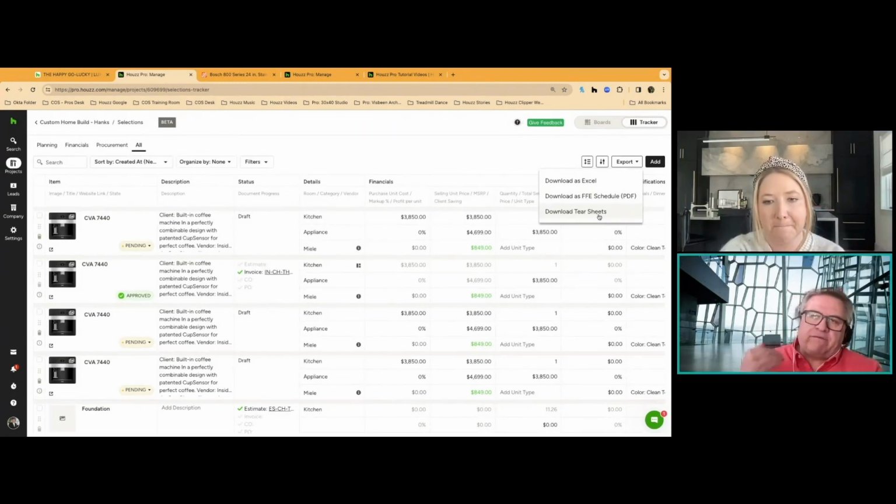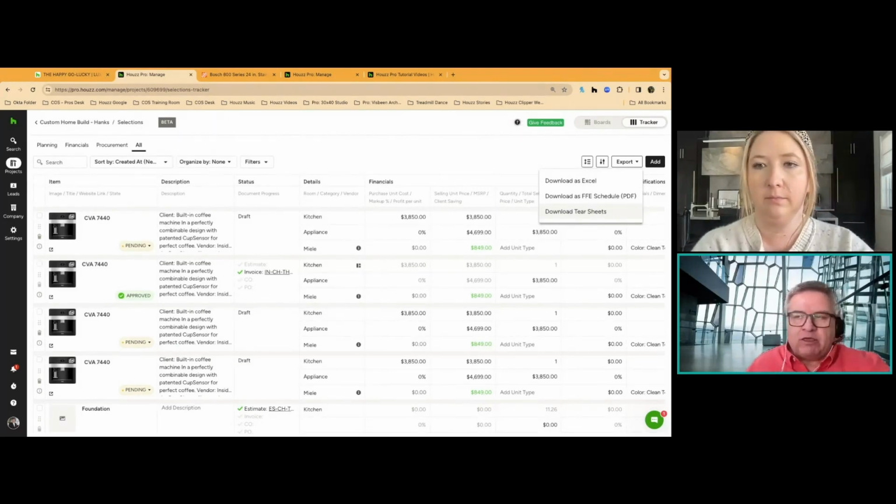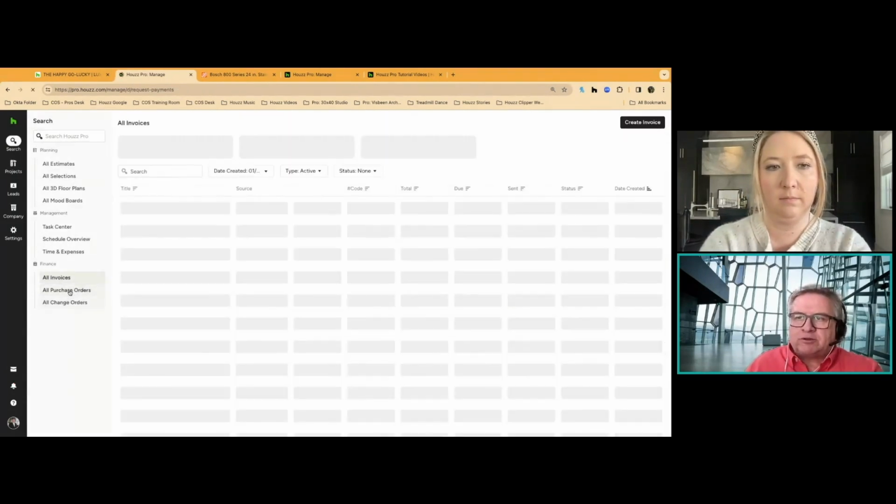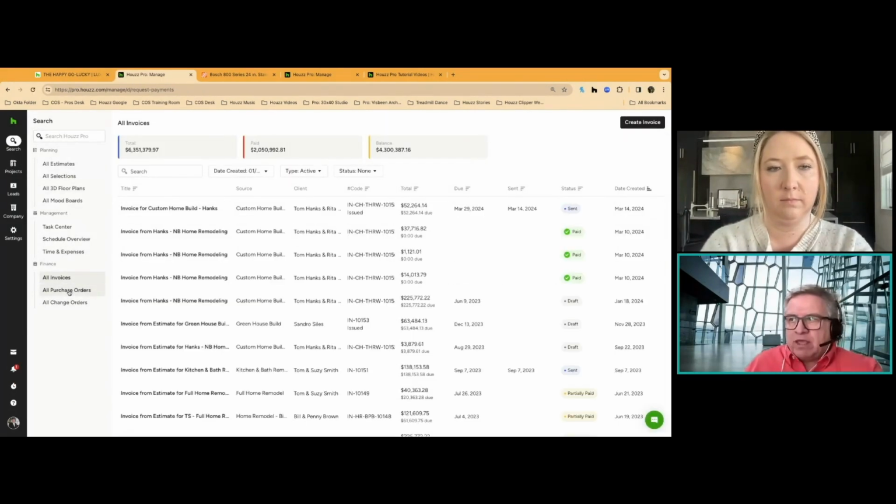So if you're very visual, or you and your team, print out the tear sheet. I mean, print it out, and that way you can double check all the information and make sure everything's going in the right direction. There's another place that you can also track that information. So if you go, for example, to all your invoices or your purchase orders,